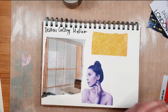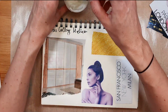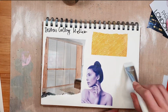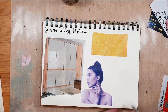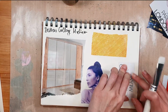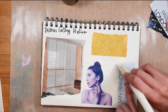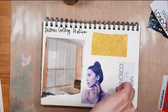And the last type of paper is this cardstock. The same principle goes. Put some paint, put some glue down. And glue this down. If there's not enough in edges, I just add it like this. And below here,